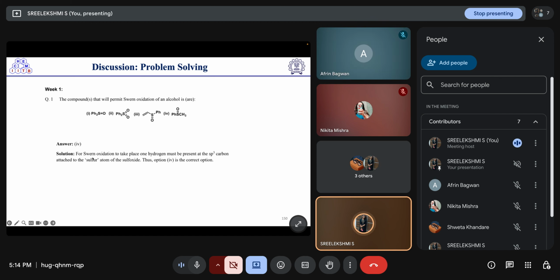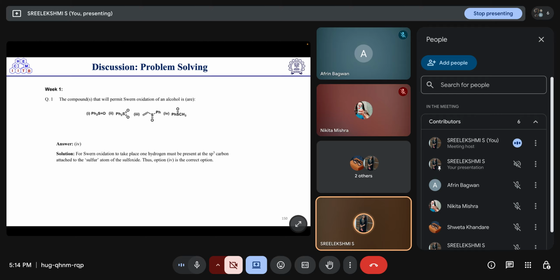One of the conditions for the Swern oxidation to take place is that one hydrogen must be present at the sp3 carbon attached to the sulfur atom of the sulfoxide. As we know, in the case of DMSO, we have two methyl groups, both sp3 carbons with hydrogen atoms attached to the sulfur atom of the sulfoxide. If we see the mechanism of the reaction, that hydrogen plays a role intramolecularly. Actually, that hydrogen is helping in the